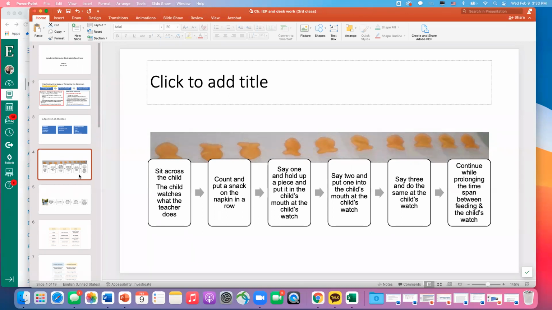And then you wait, and the child tries to sit, and you pat the child's lap, and the child sits back. Good job, and then put another snack. This is communication. Okay, it's communication. So you extend that, and then you just don't do anything. That's an instruction. And then after about 5 minutes, 10 minutes, call the parents and ask the parents to take the child